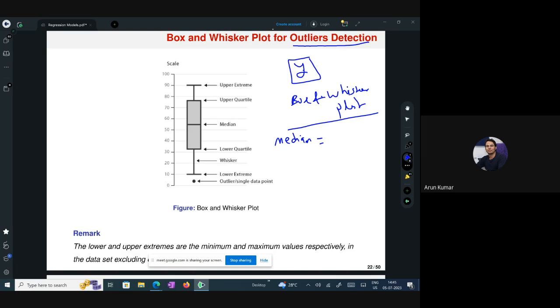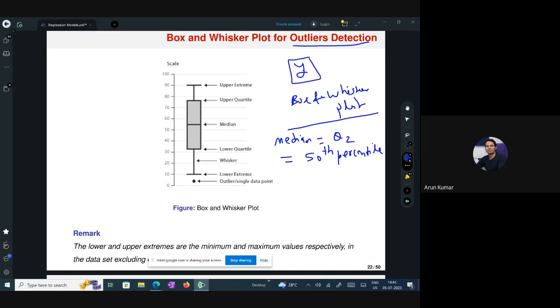The median is also called the second quartile, or the 50th percentile. You may have heard the word percentile. A 50th percentile means 50% of the students have performed better than you, and 50% of the students have performed